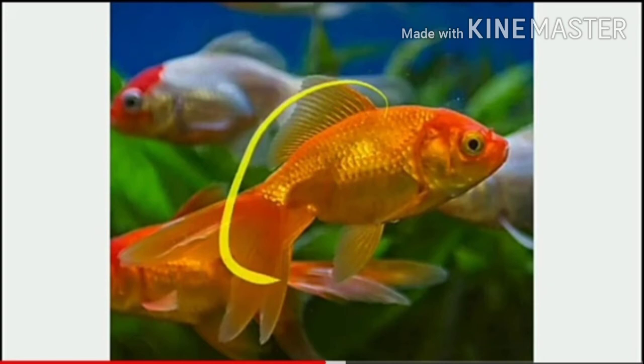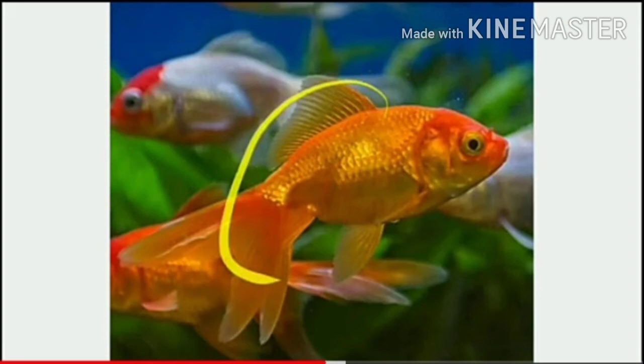These are the fins of the fish, is it or not? In biology, what happens is that the fins of the fish push the water backward, and the water pushes the fish with equal force but in the opposite direction. That's why with the fins the water will be sent back, and at the same time the fish will be moved forward. That is what happens there.